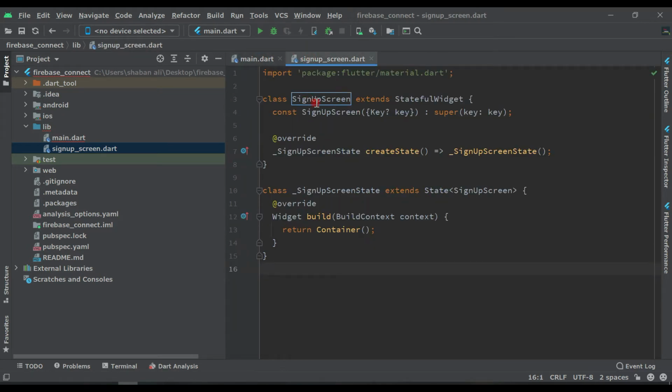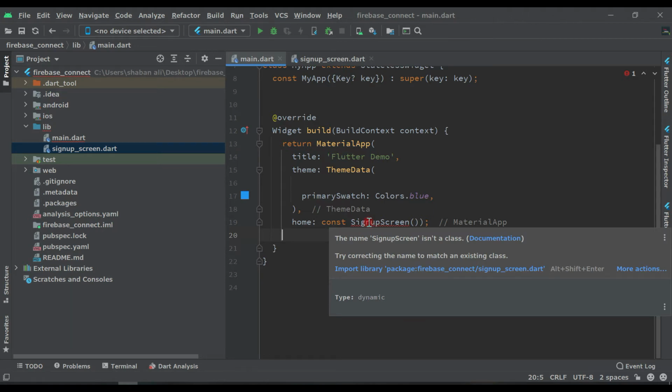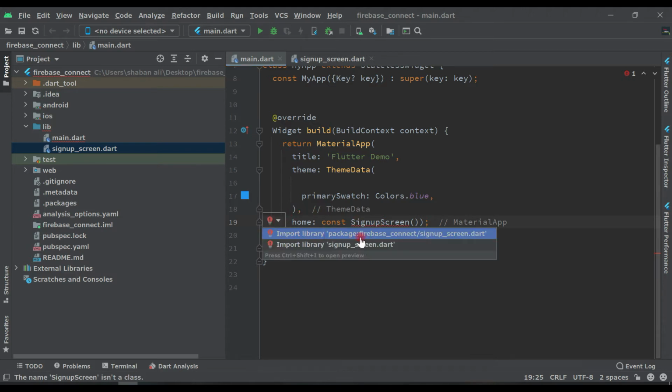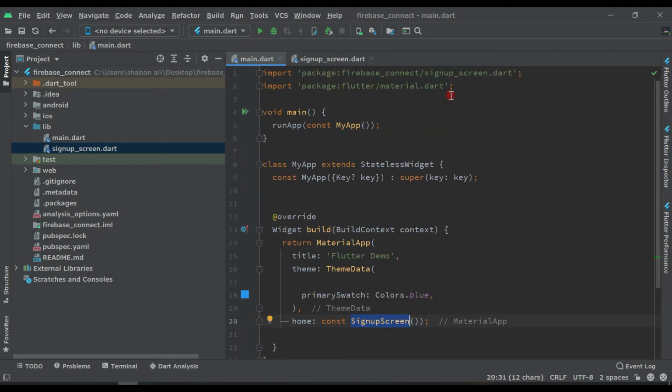Its spelling is like this. Sign up screen. Now come here, click on this. It's showing error because still we did not import this file into this page. So click on this and you will see here import library. Click on this and you will see the error has gone and it has been imported here.